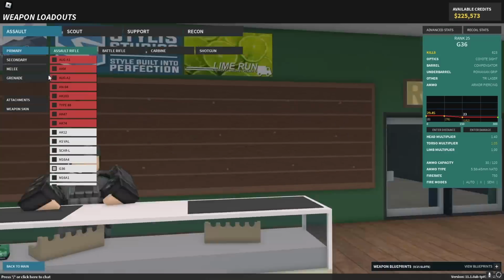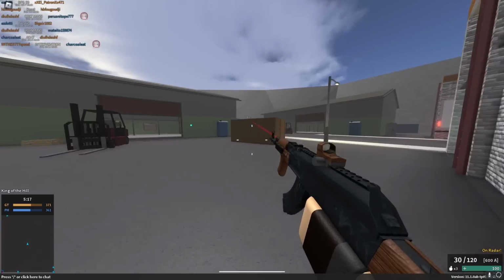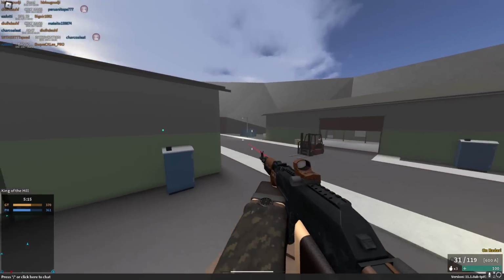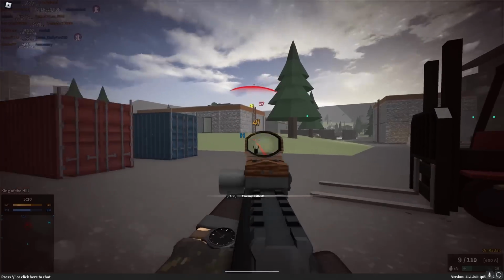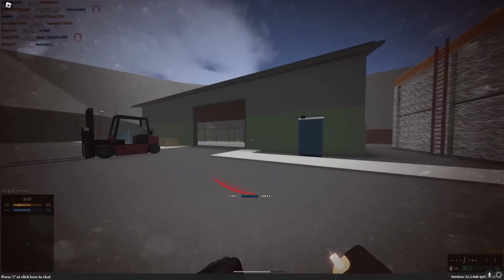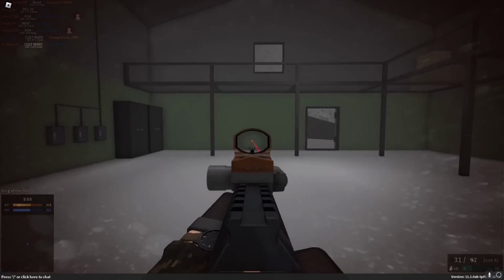So yeah, the first change is an AK47 Buff, and a lot of these guns have new sound effects, so I guess we'll talk about those in a bit. There is a new reload. Let me know if you guys like that. Wow, okay. So this has a faster reload, and then it has apparently more vertical kick, but then it should have...